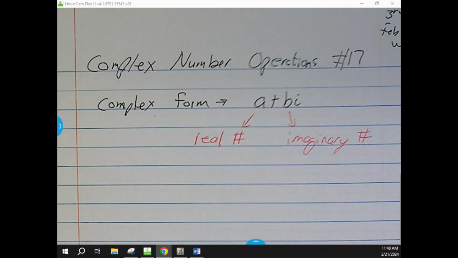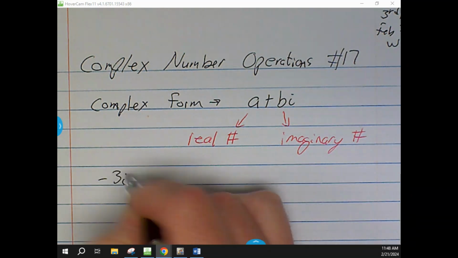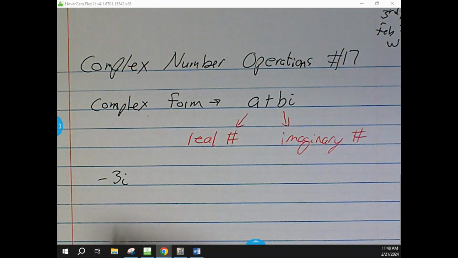So they're basically breaking this up into two things. You've got a real number part and an imaginary number part. Real number part goes first, imaginary part goes second. Okay, so what that means is if you have an answer that is negative 3i plus 12,